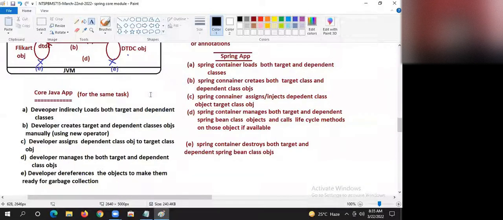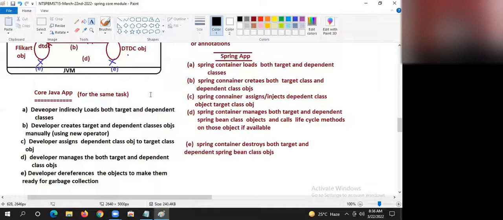In core Java, out of 100 times, 90 times we create objects using the new operator or some other technique. Only 10 times we try to work with JVM-created ready-made objects, like the String array in the main method, the exception object in a catch block, the this reference variable. Only a few times we enjoy ready-made objects. 90% of the time we create objects in order to use them.